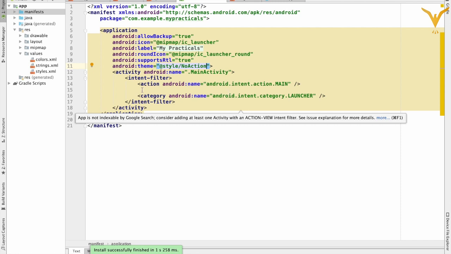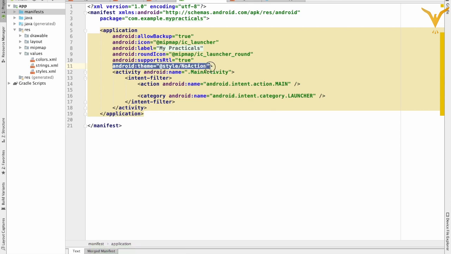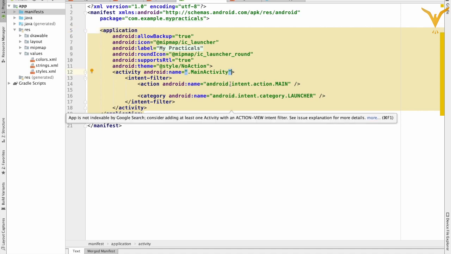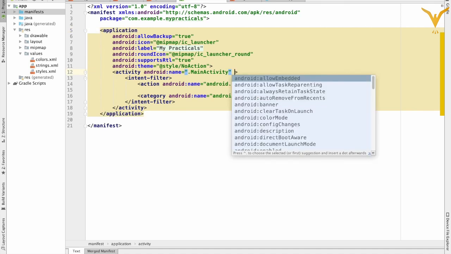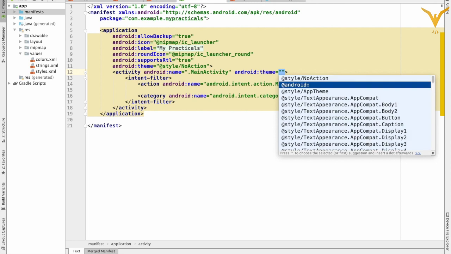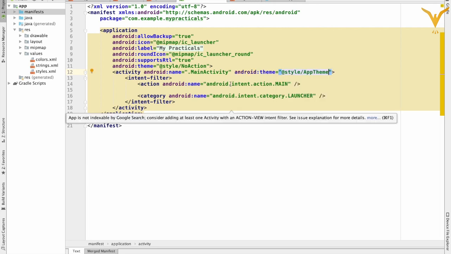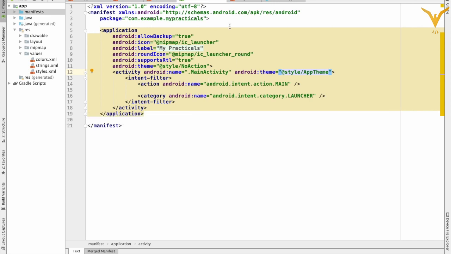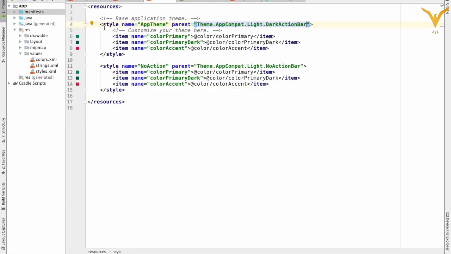Here we have defined the theme attribute for the entire application. Now let's change it for a particular activity. Here we can specify the theme and style dot app theme. So for main activity, style will be this one.